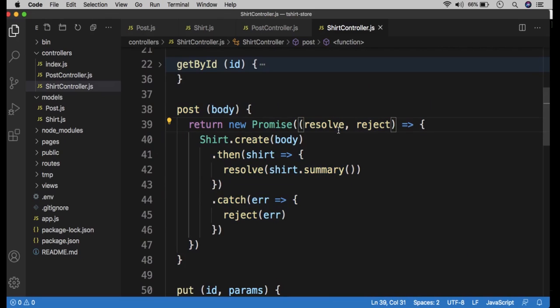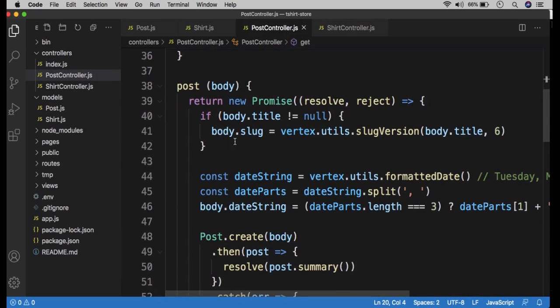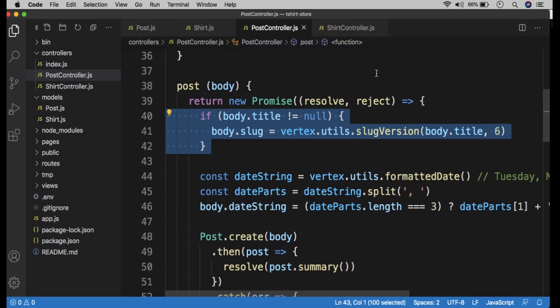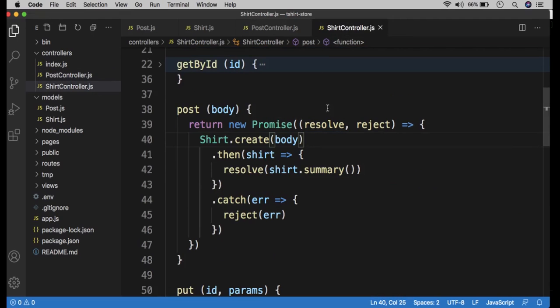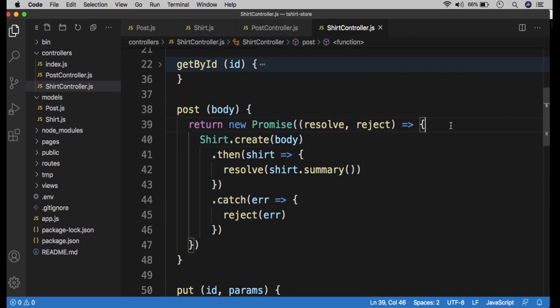We want to generate the slug string, and then we want to apply that to the new shirt. So luckily it's already happening in the post controller. If you head over to post and find the same thing, you'll see over here the slug value is already being attached to the object. So what we want to do is we can just copy this over, and it's right inside this promise return. So we can just do this,